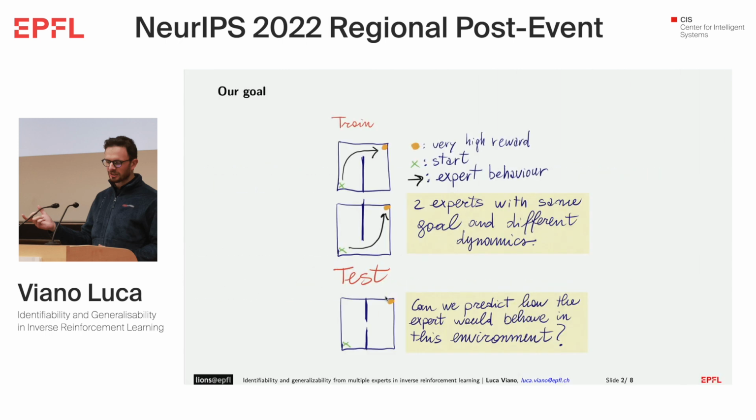Okay. So let's start introducing our setting. We have multiple experts that I denote as these training environments, where the goal is the same. I want to go to the orange dot, but the transition dynamics of the environment are different because the wall is in a different position. And I would like to learn a reward that, when I change again the position of the wall, I have only one hole in the test environment, I can still learn by reinforcement learning the optimal trajectory that will go